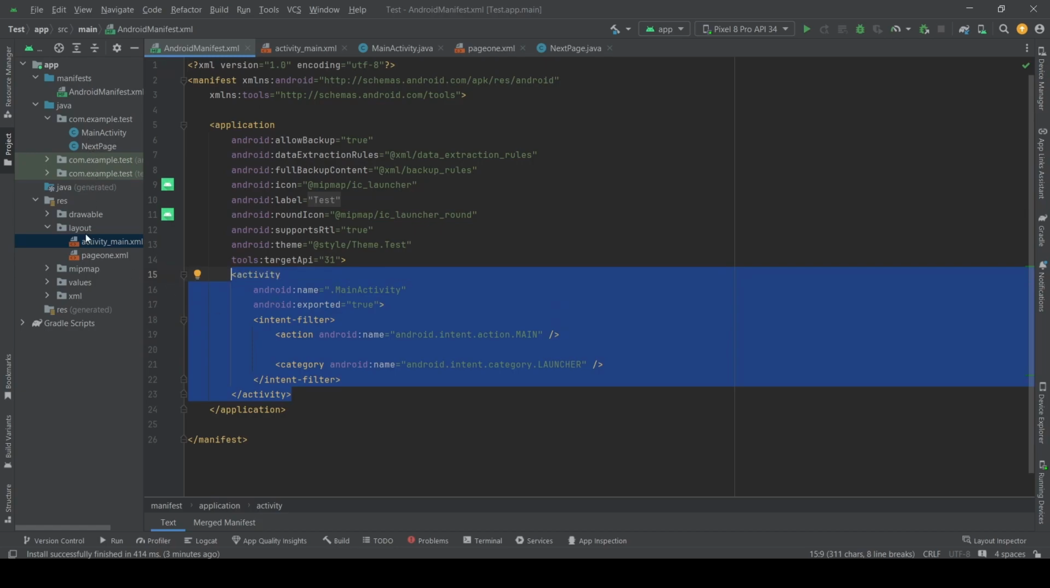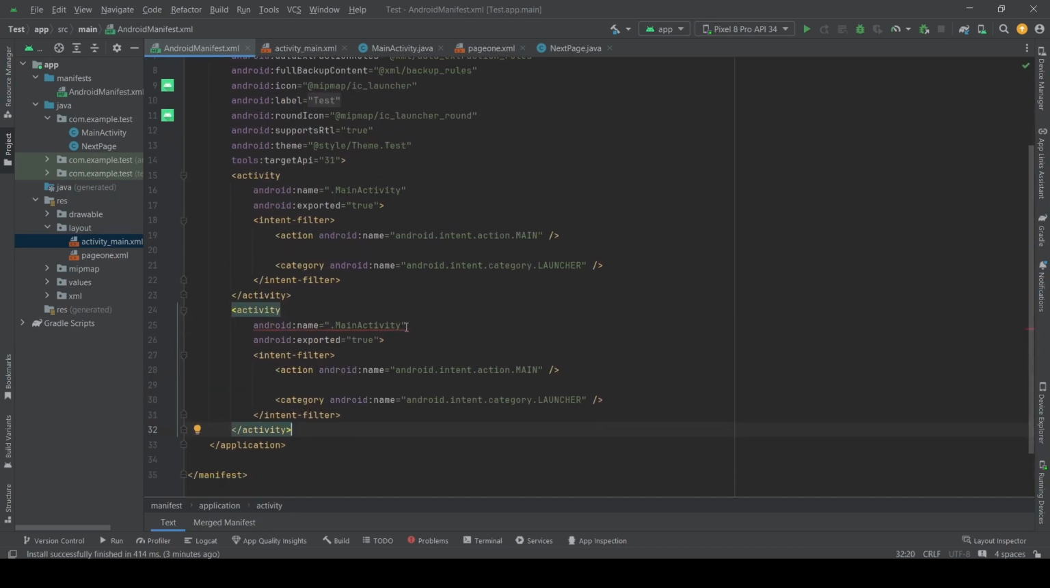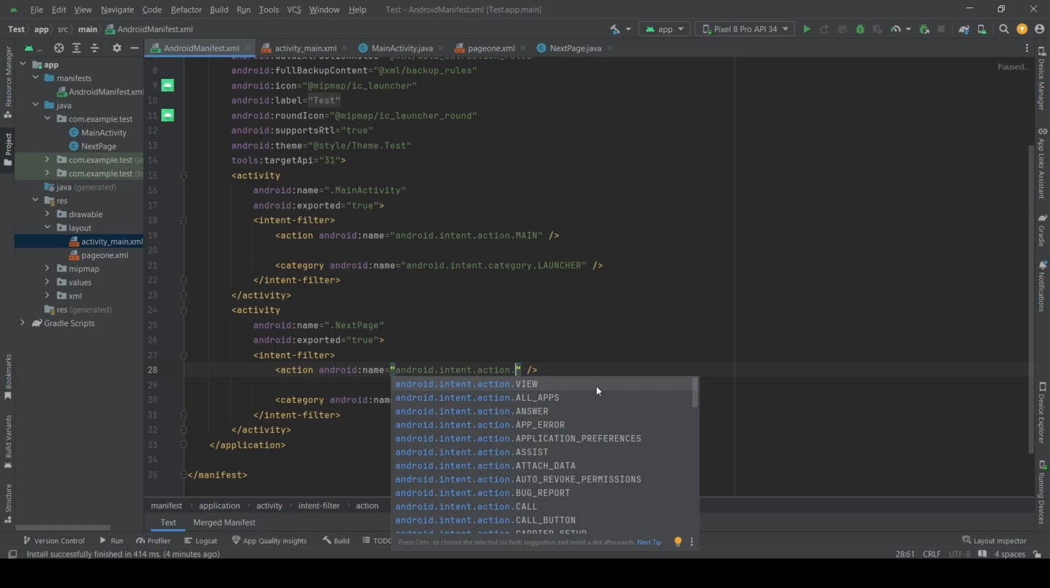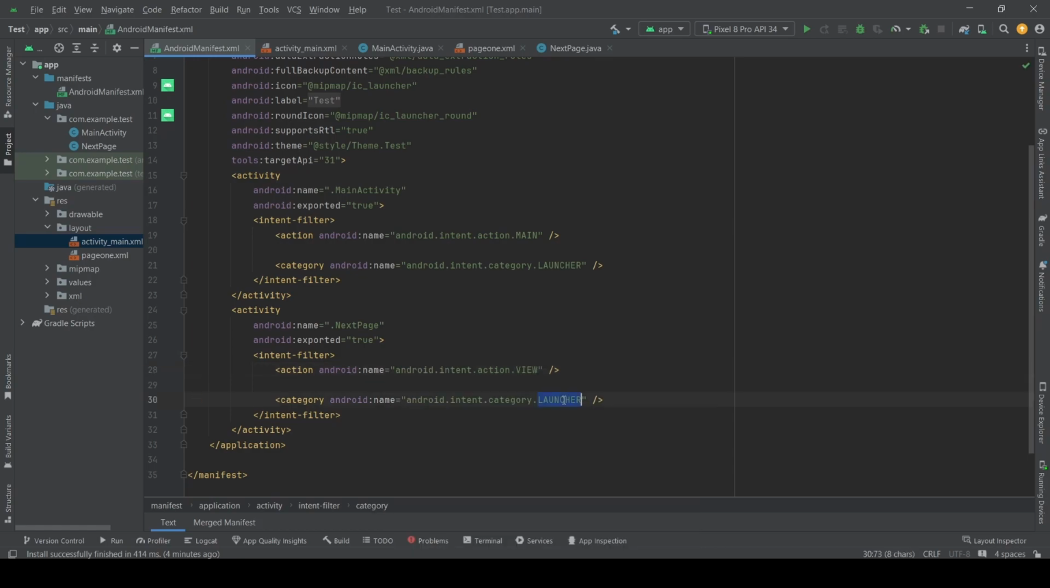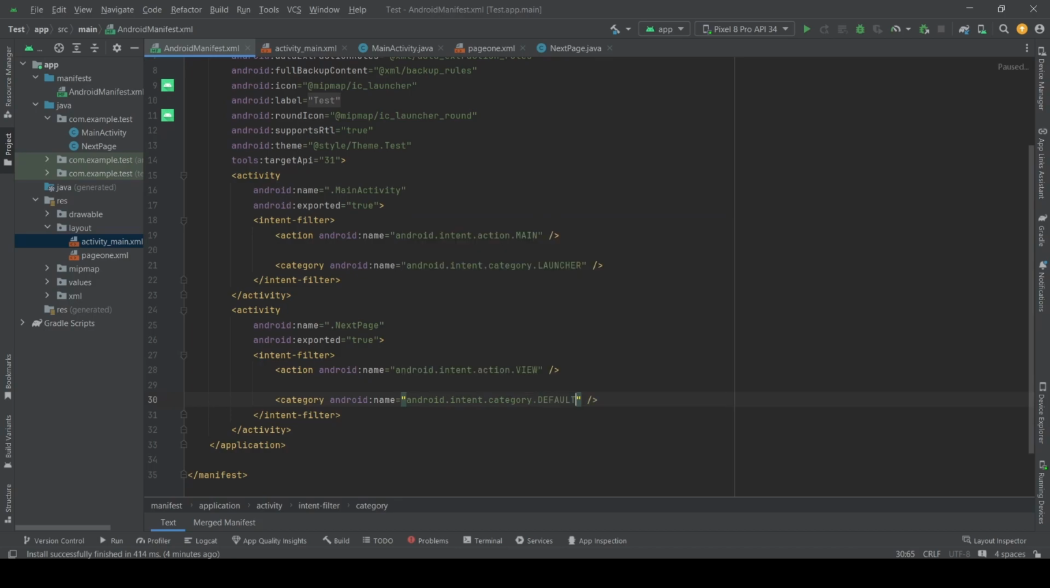So since I have made a new activity, that new activity is not present in the manifest file, so I have to add it to it as well. So again, likewise, I have to change this to next page. Then this will no longer be main, this will be view here, and this will not be a category launcher one because the first one is the launcher one. I will just set it to default. Okay, so with that done,